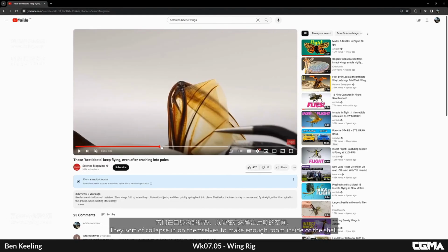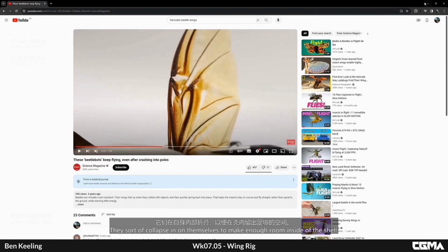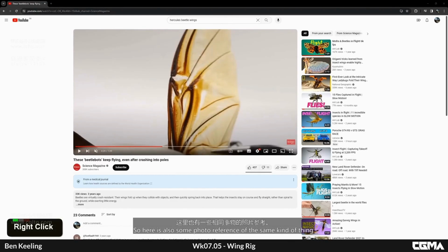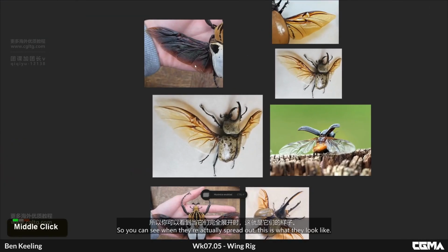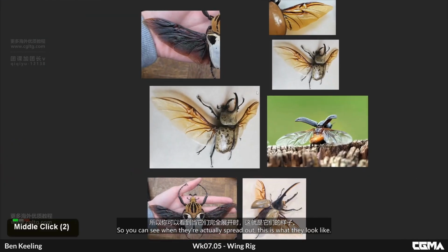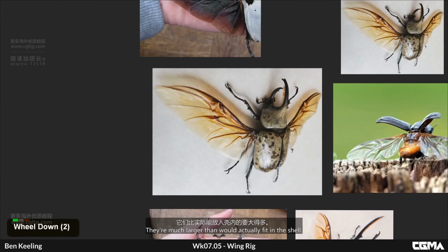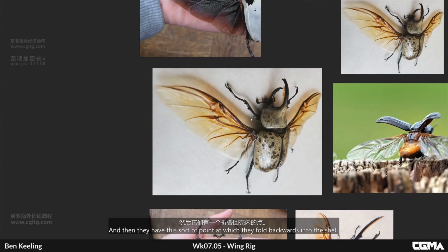They sort of collapse in on themselves to make enough room inside of the shell. So here is also some photo reference of the same kind of thing. So you can see when they're actually spread out, this is what they look like. They're much larger than would actually fit in the shell. And then they have this sort of point at which they fold